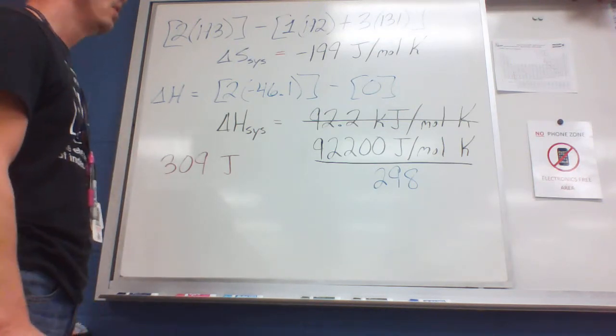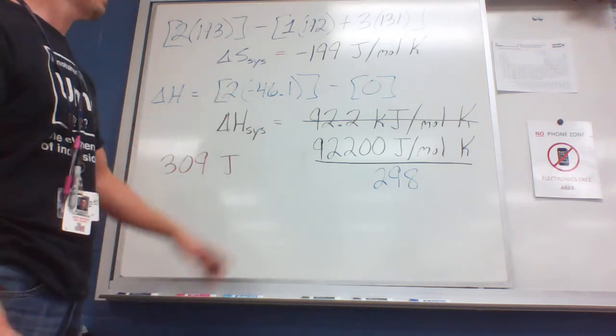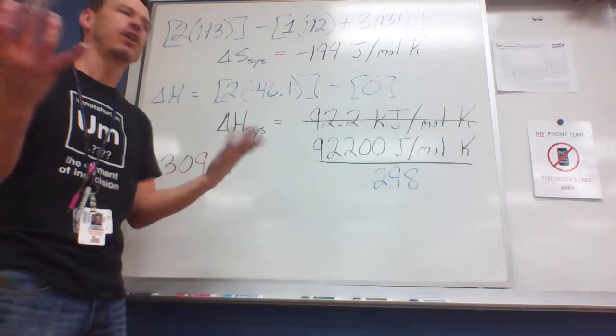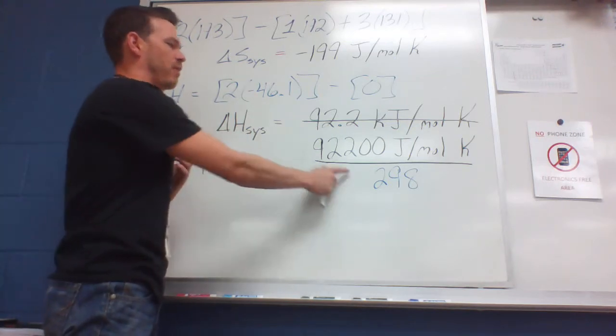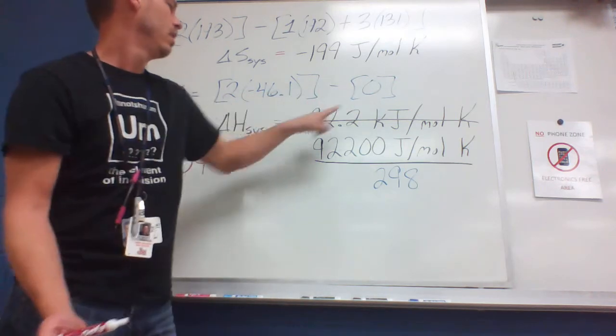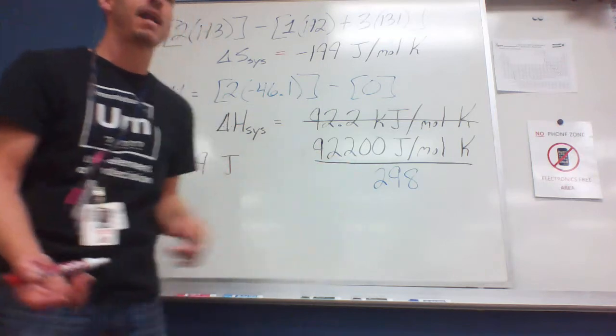All right, so here we go. We found it. We answered part B by simply running the equation. The equation said to find that, you need to take the negative change in H divided by temperature. So we found the change in H, we switched the sign, converted it just so the units match, and divided by the temperature.